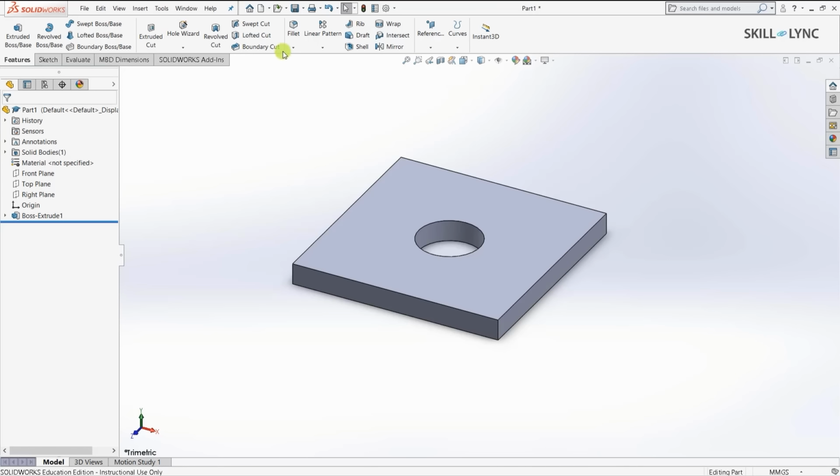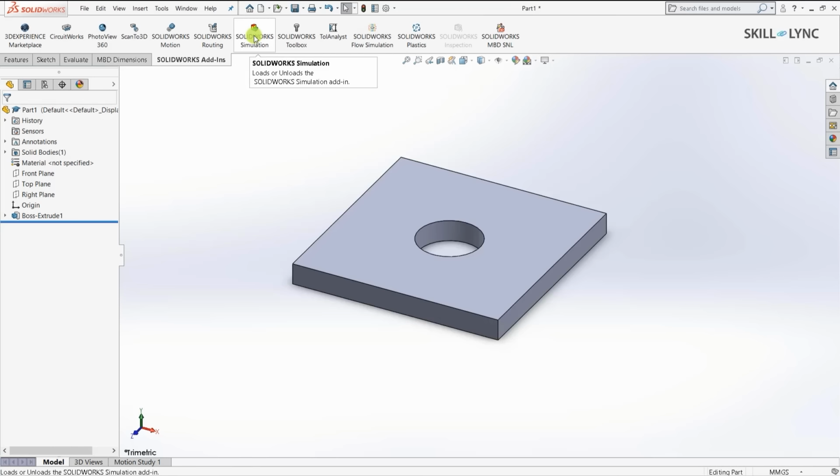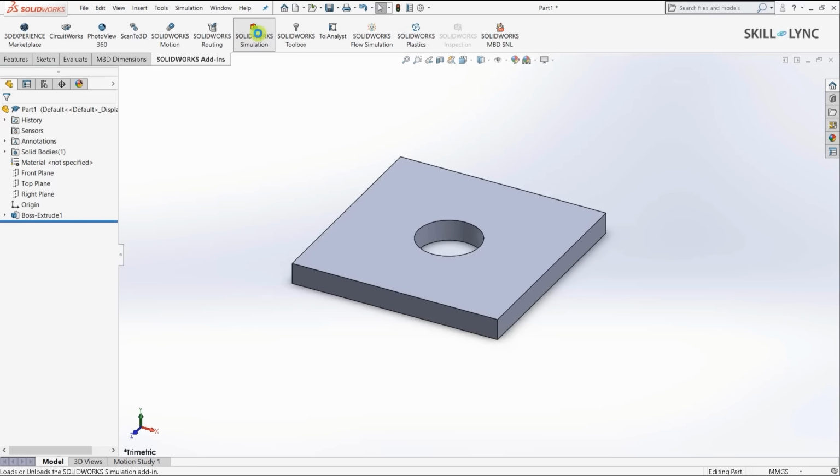To do that, we need to go to the simulation module, but as you can see, it is missing here. As I've just shown you in the previous video, we just go to SOLIDWORKS add-ins and click on the SOLIDWORKS simulation icon here. This will activate the license. What the software will do is check in the licensing server and see whether we have bought the SOLIDWORKS simulation, and if at all we have bought it, it will show it. If it is not here, it won't come. So let's go ahead and click on simulation